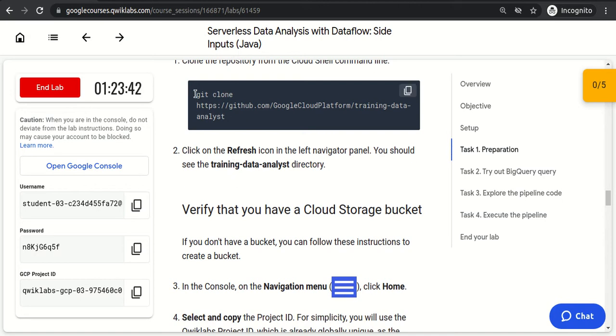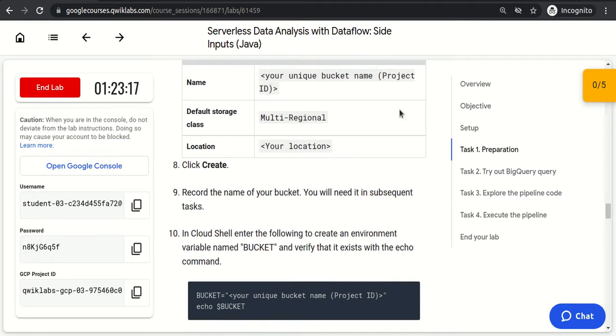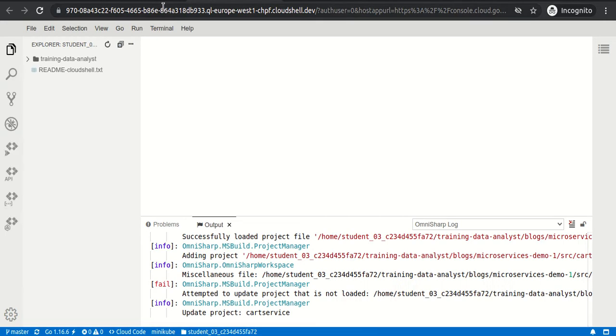Why am I opening it in the editor? So that we can look into the code. First we need the code, and the code is already available, so we have cloned it. Why do we need the code? Because we have to run the Dataflow pipeline. There are two approaches: either write your own code, or use the code that already exists. The second thing was to create a Cloud Storage bucket, which we have already created. Plus, we have to use the bucket variable when we actually run the Dataflow pipeline. Okay, let me open the code.